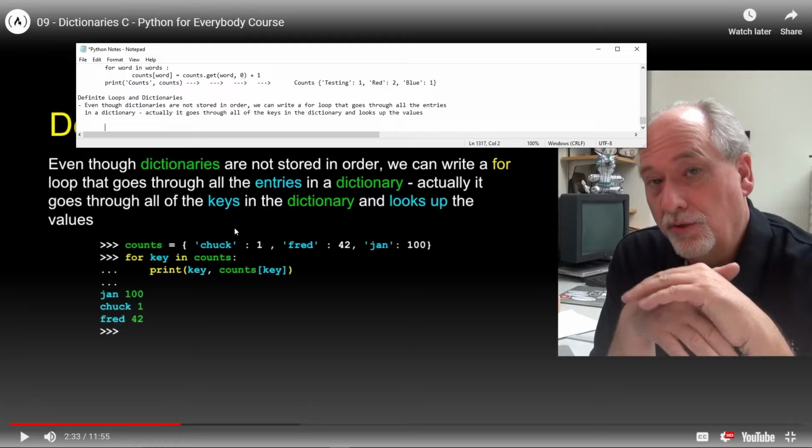So yeah, it would go through the keys, right? Of course, because that's how you access them. So it would go through the keys, and then we would print out the values by saying counts, the name of the dictionary, at the key, and that would give us the